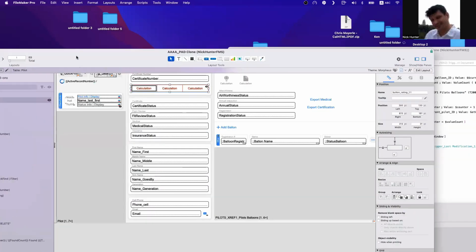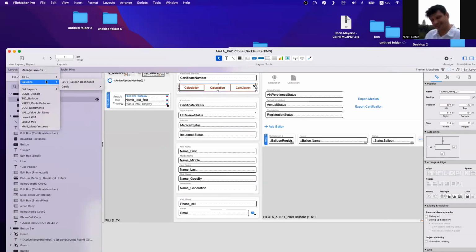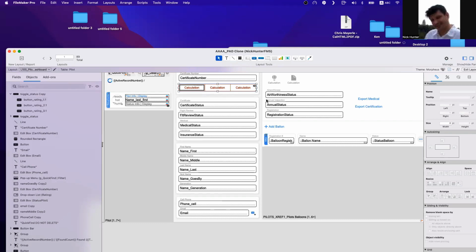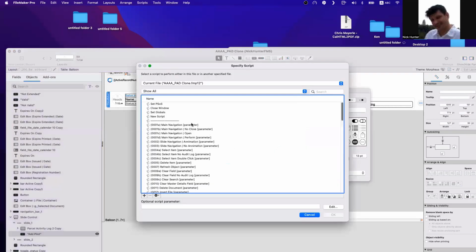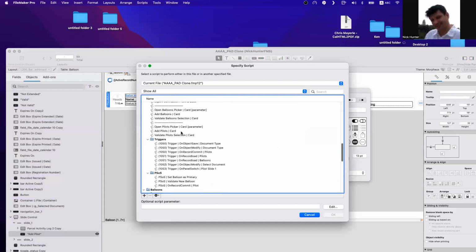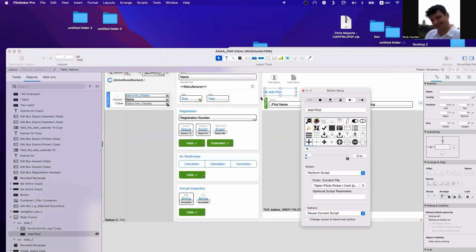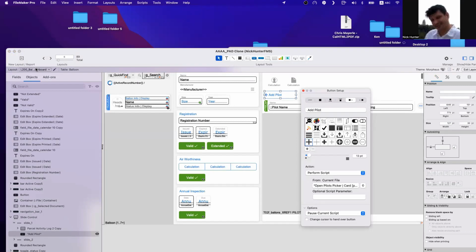Just go to the balloon, and we are going to add pilots. Script. Open pilot picker. Of course, I need the parameters there. I need to send parameters inside that